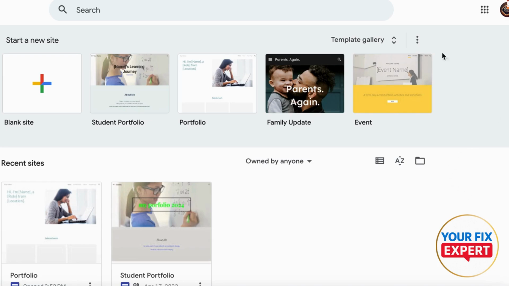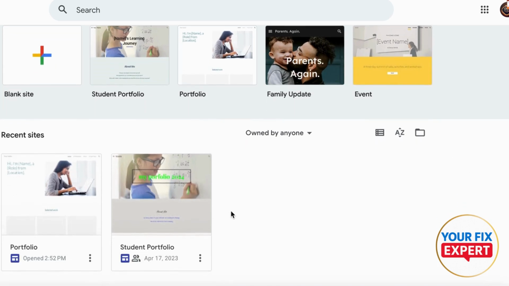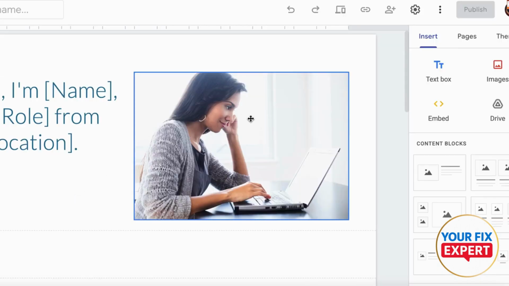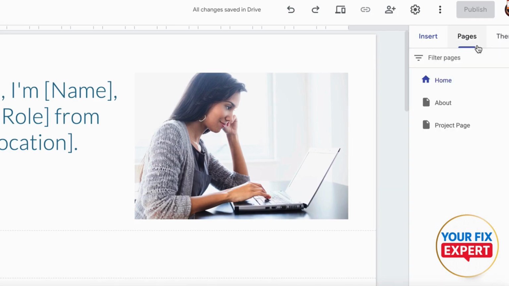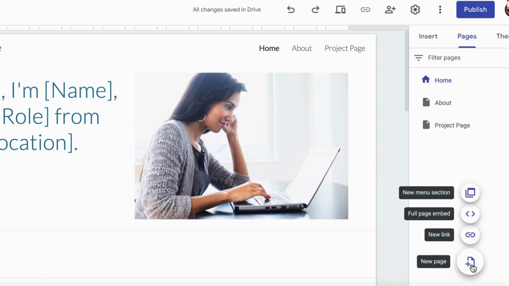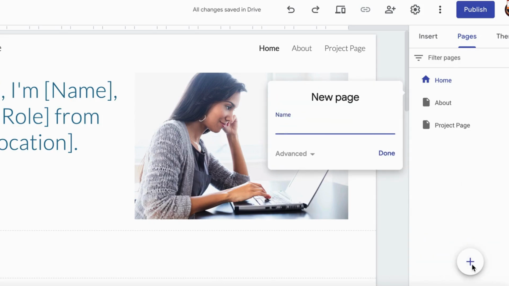So go ahead to the Google Sites workshop and you're going to see my recent sites. I'm going to go ahead and open up this portfolio project. And then what I'm going to do, I'm going to see on the right hand menu, insert, pages, themes. Click the second section. And you're going to see home, about, and project page. Okay. And then what you're going to do, just go ahead and hit new page or the plus button and